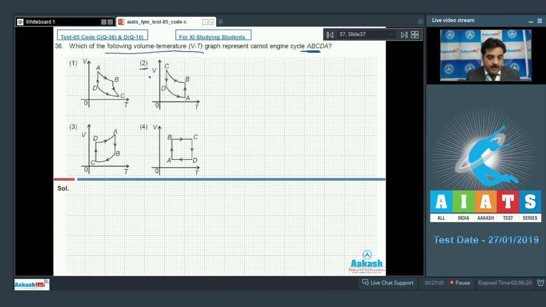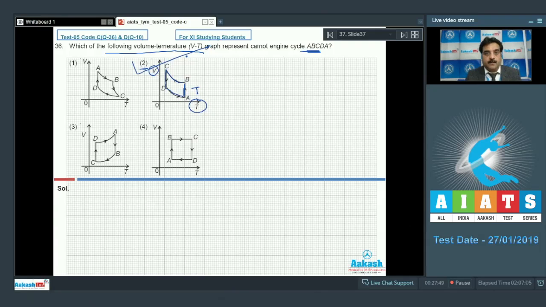If I go for option number 2, I need isothermal A to B. Temperature is constant by the graph, yes. And second, मुझे जाना है B to C, adiabatic expansion. ये देखिए एक्सपेंशन हो रहा है वॉल्यूम में, यस, ये भी फॉलो कर रहा है. नेक्स्ट है CD में मुझे टेम्परेचर कांस्टेंट चाहिए. C to D टेम्परेचर रिमेन कांस्टेंट बिकॉज टेम्परेचर इज ऑन एक्स एक्सिस, एब्सोल्युटली करेक्ट. एंड DA आई नीड कंप्रेशन इन एडियाबेटिक प्रोसेस. Yes, this is given. So easily you can find option number 2 fulfills the conditions. So I am going to select option number 2 as the right choice.